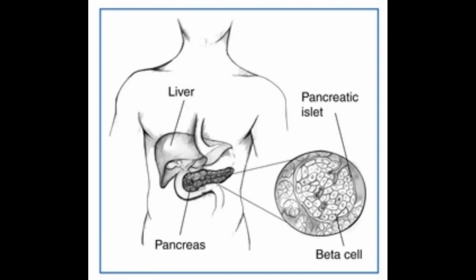What is maturity-onset diabetes of the young, MODY? MODY is a monogenic form of diabetes that usually first occurs during adolescence or early adulthood. MODY accounts for up to 2% of all cases of diabetes in the United States in people ages 20 and younger. A number of different gene mutations have been shown to cause MODY, all of which limit the ability